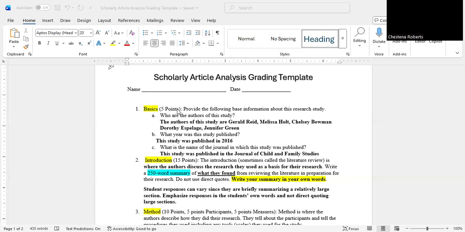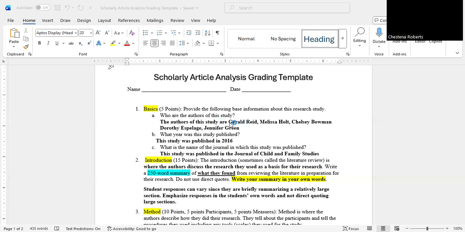So for example, you would start the first heading as just Basics. Then you just want to put the answer to the question in a full sentence. Again, this is not the same article, so you want to make sure you're not using this one. You want to make sure you are using the one that is actually in the assignment in week 4. This is just a guide, and I included these answers here so that you would have some idea how this